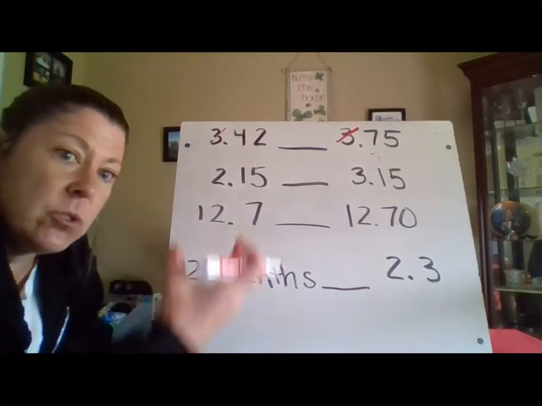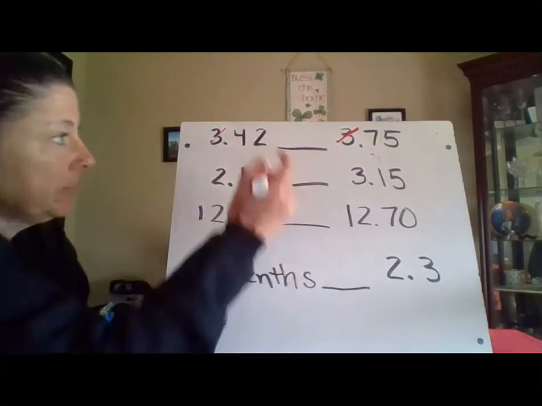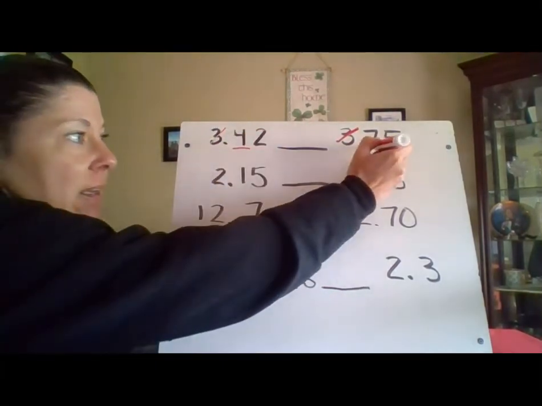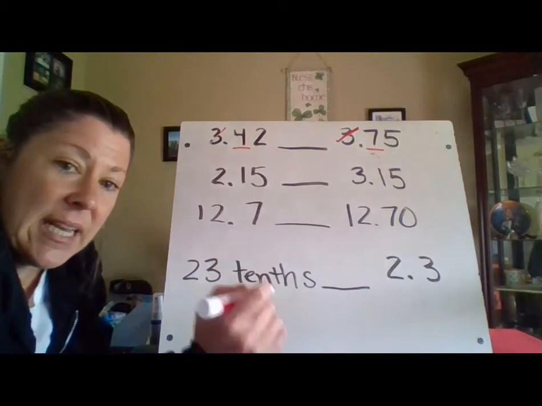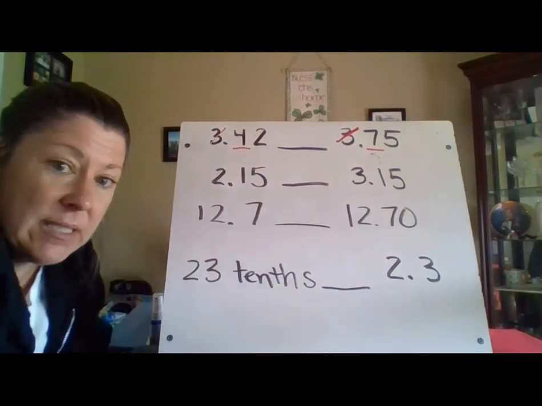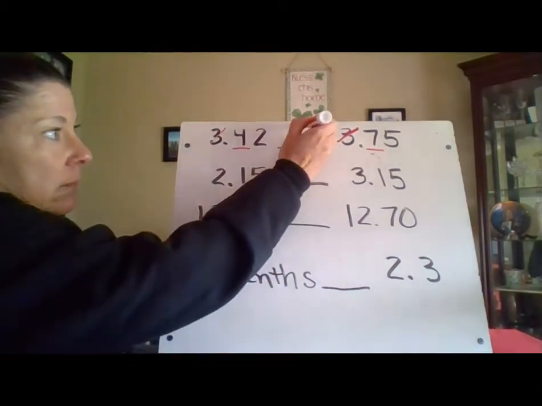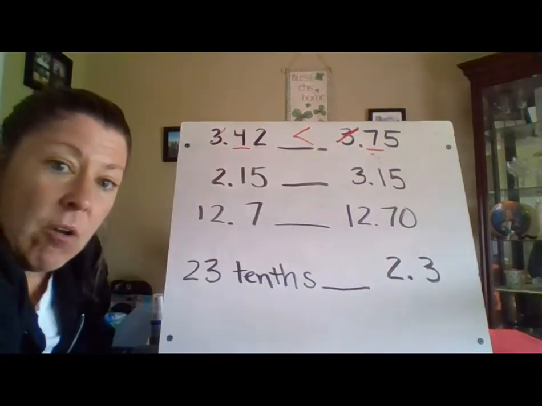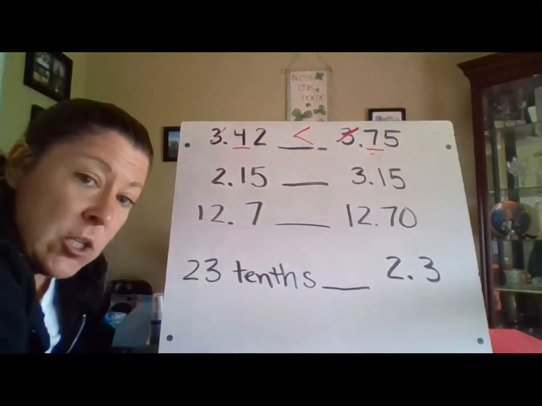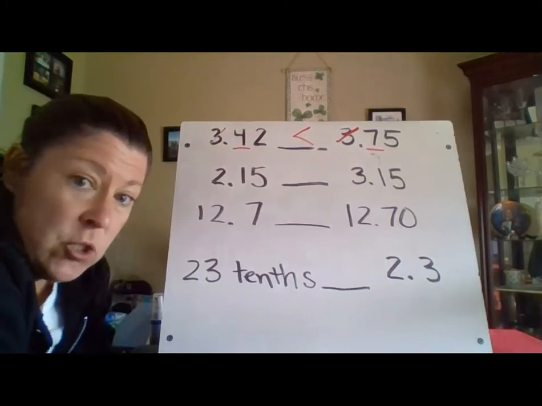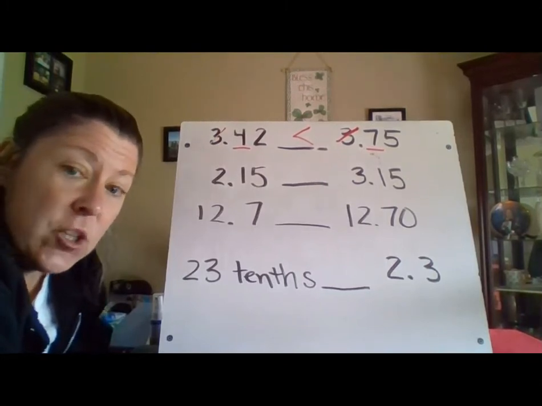So now I go to the next smaller part. In the tenths place, I have 4/10 versus 7/10. Well, 4/10 is less than 7/10, so 3 and 42/100 is less than 3 and